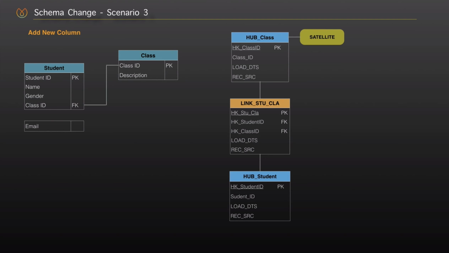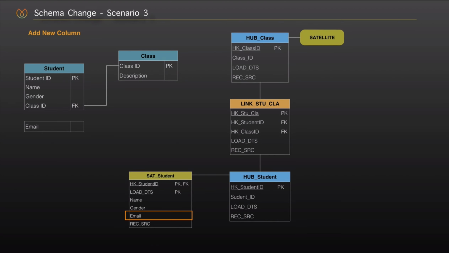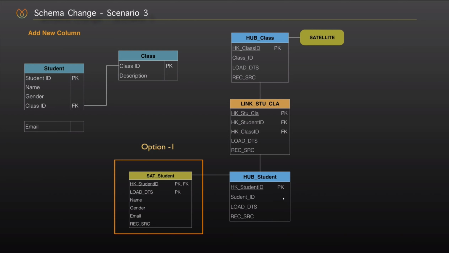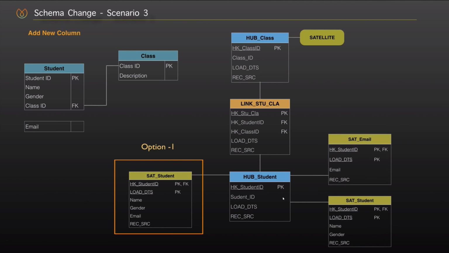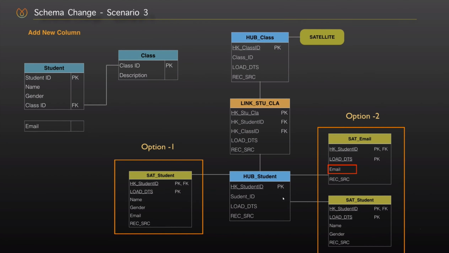There are mainly two approaches in here we may follow. First one is, if our satellite table is small, we would modify the satellite by adding the extended column. But it has some drawbacks, as if your source system does not historize data, as most likely not, because operational systems are mostly focused on fast insert and update operations, they don't store the history and you may lose the data in here. And another approach is you may create a new satellite and include the email information in here and